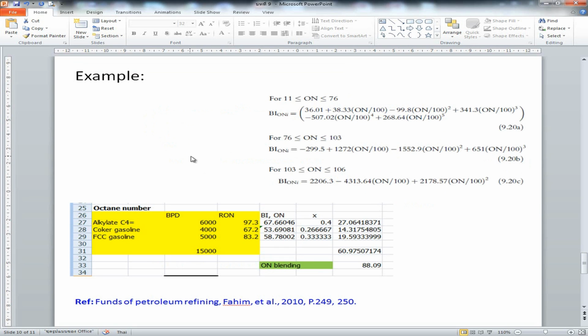Okay, this example shows that we would like to mix the alkylate, coker gasoline and FCC gasoline together in this portion. And of course, after checking what the RVP for each one is, it is about 97.3 for the alkylate, 67 for the coker gasoline, and 83 for the FCC gasoline. So what we do